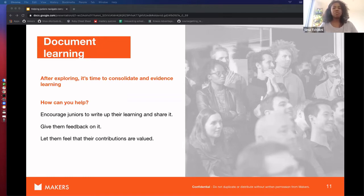If you find out, where does a newcomer get stuck? What do they spend most of their time on? Where are the murky bits? And then you can encourage them to share this learning by writing it up, share it in team meetings or in an internal blog and documentation in the Slack channel, whatever, but give them feedback on it